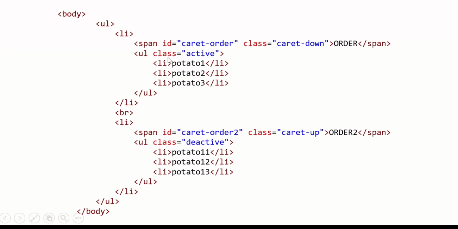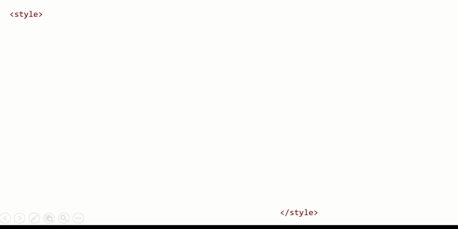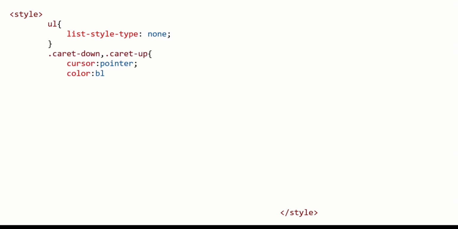A nested unordered list with the class active. This list contains the submenu item that will be displayed when the drop-down trigger is clicked. Next, we will move to the CSS styling. We will style our drop-down menu to make it visually appealing and intuitive for user. We will set the initial display of the submenu item to none